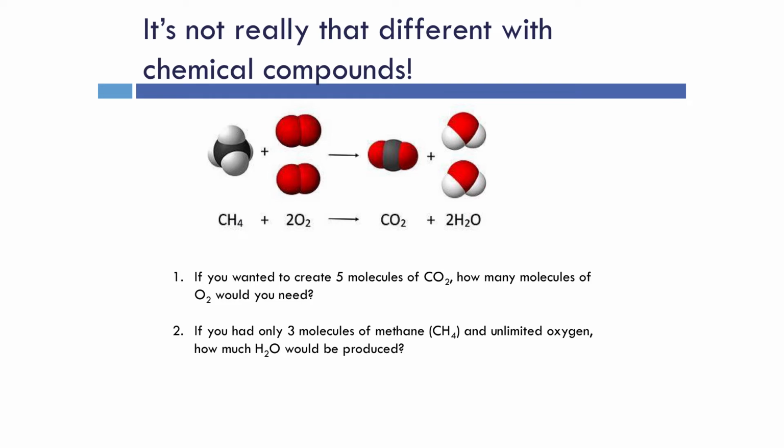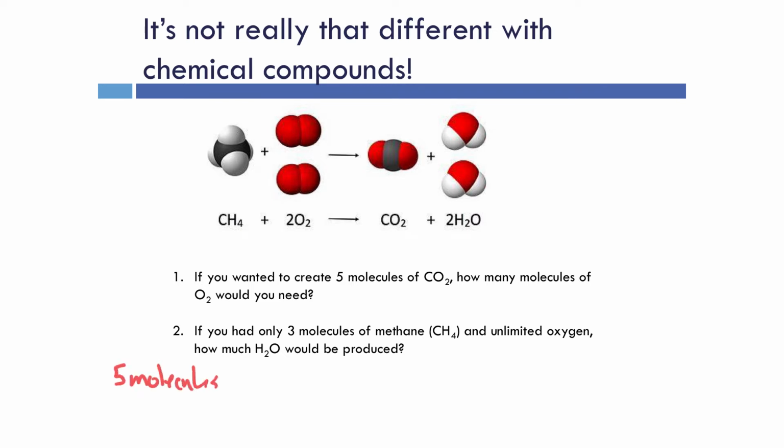So I'm going to apply dimensional analysis, which is an idea that we looked at last unit, and try to answer this very basic question with a chemical reaction, which is very similar to what we just talked about. Here, the first one, we want to make 5 molecules of CO2. How many molecules of oxygen do we need? Well, our goal, the known value that we're trying to get to, is 5 molecules,